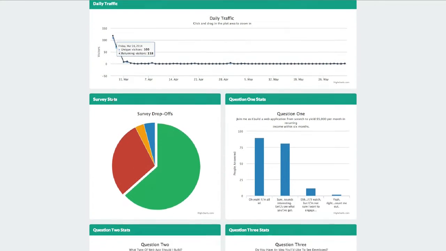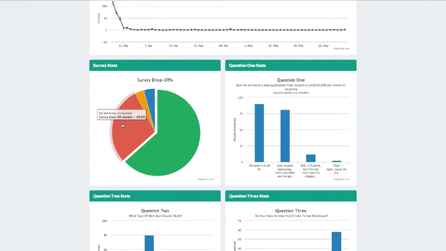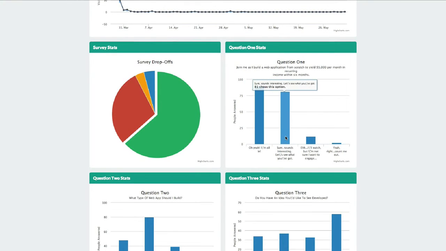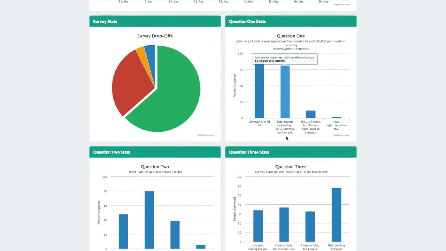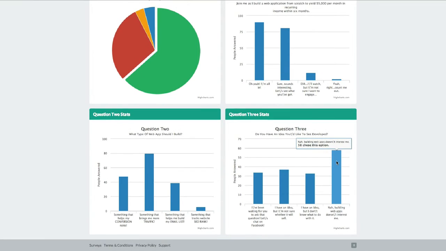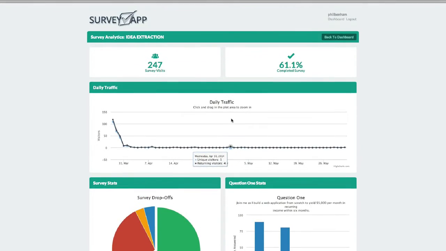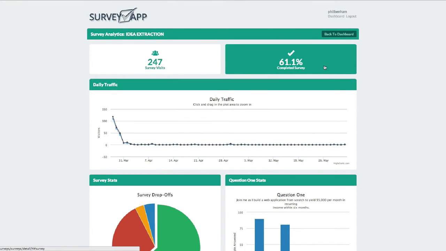Scrolling down, we can see where folks dropped out of the survey, so we might modify that particular question which people aren't answering. And of course, if you really want to gather information from your survey, we'll show you the actual results of it, like how many people answered which answers. I want you to pay real close attention back at the top to the percentage of people who completed the survey. 61%. So out of 200